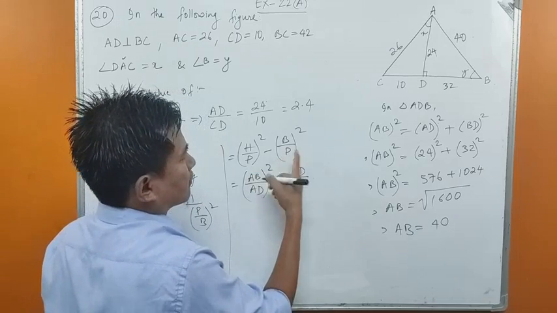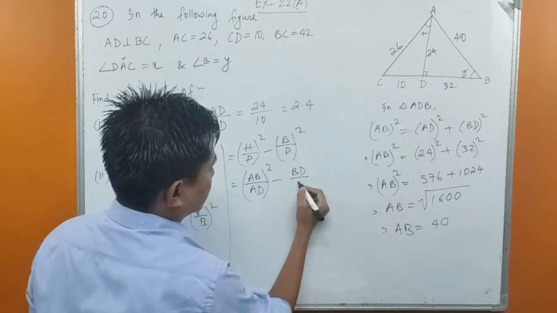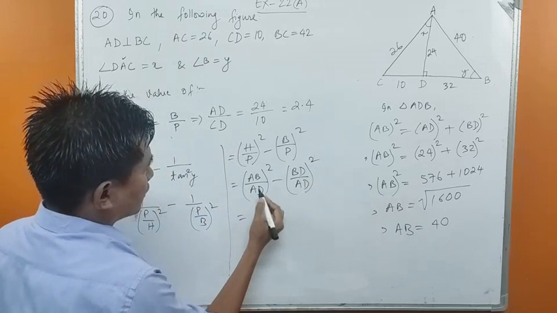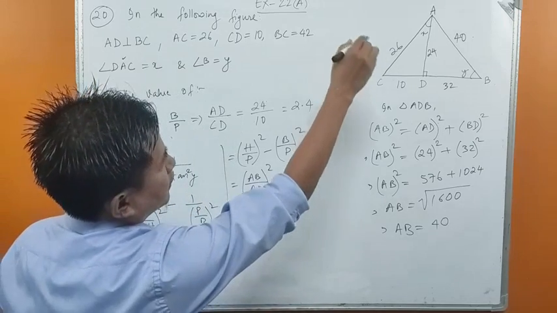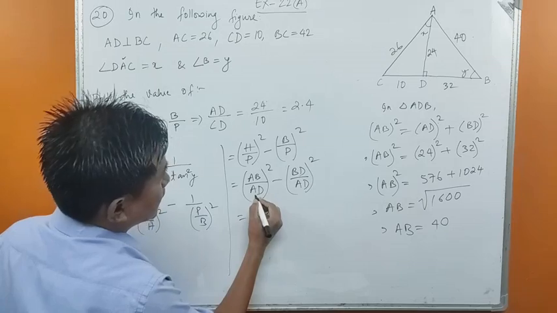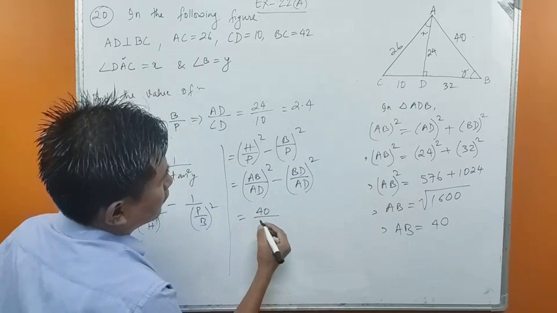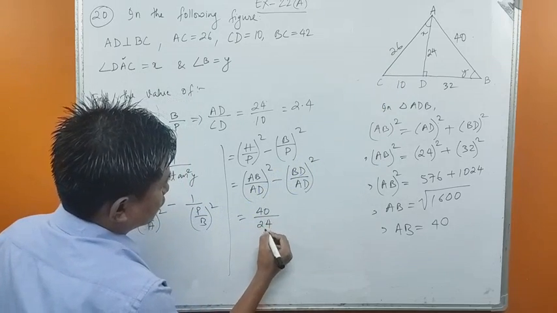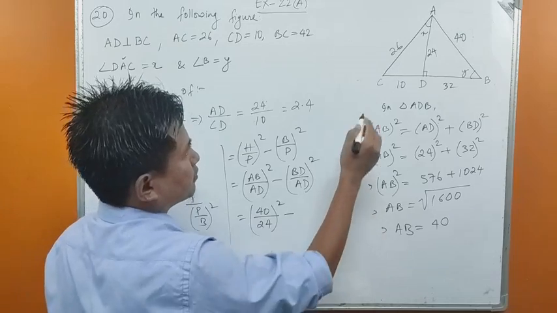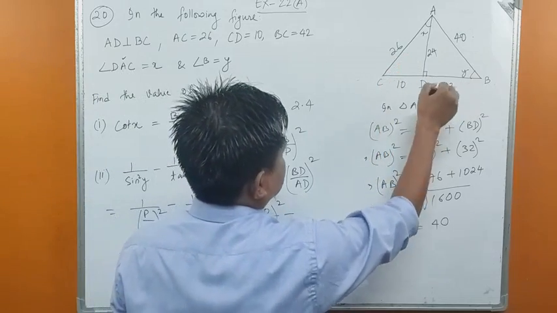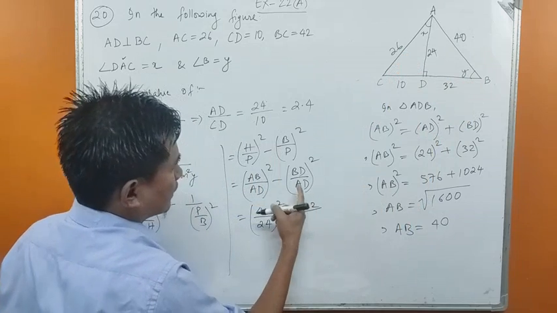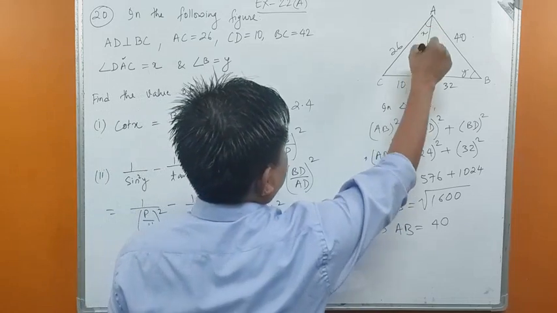Base upon perpendicular. Perpendicular is AD, AD whole squared. Now what is AB? AB is 40. AD is 24, isn't it? 24 whole squared minus BD. What is BD? BD is 32, isn't it? 32. AD is 24